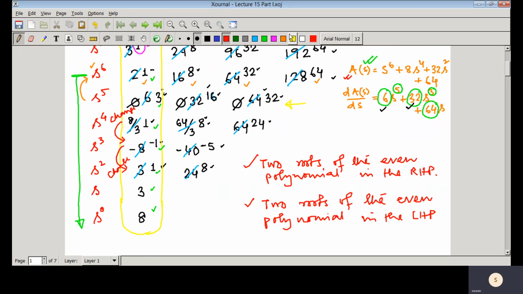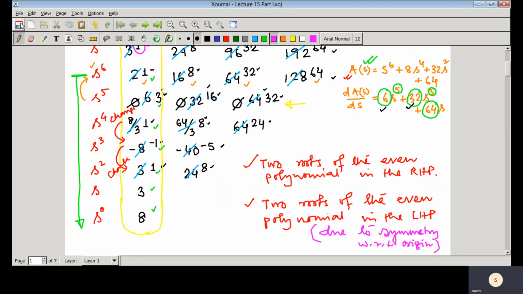So due to symmetry with respect to origin,